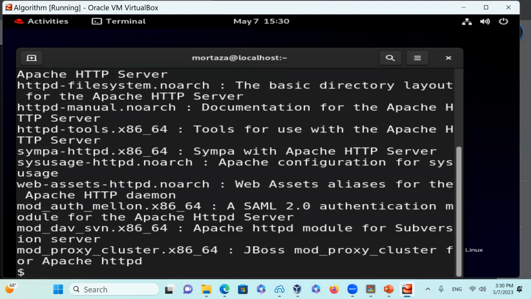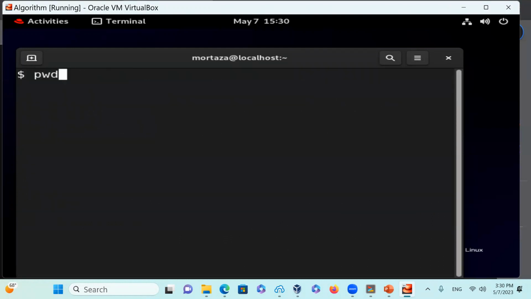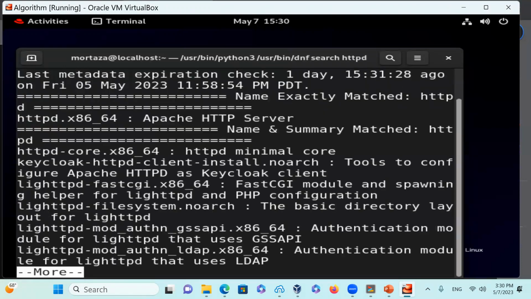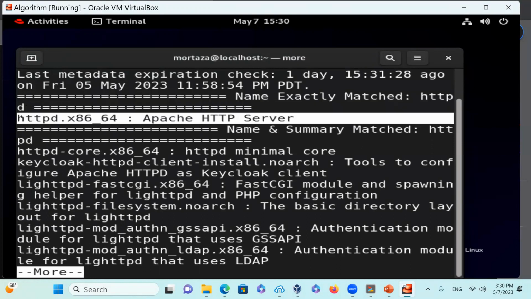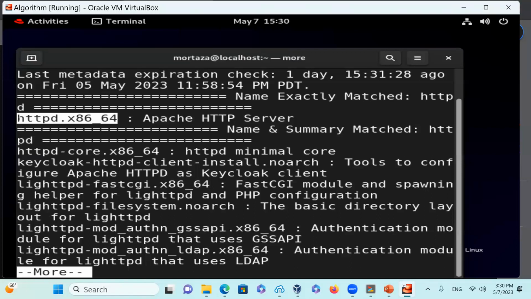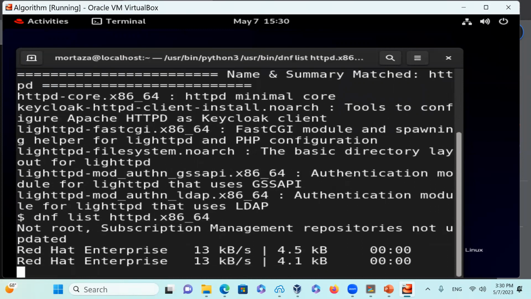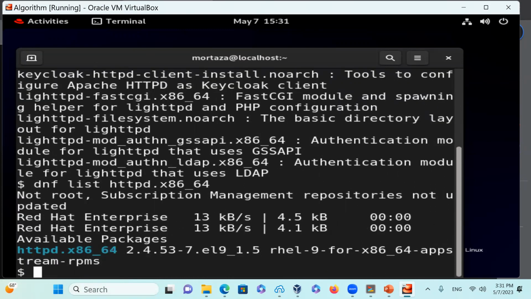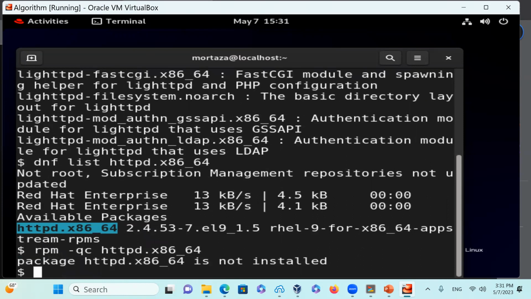Sorry about that. So with the x86-64 bit, we saw the actual processes here. If I do a more here, you could see that the one that I'm interested in is this one. So right here is httpd.x86_64. I could also do a DNF list httpd.x86_64. And if you see that one there, that's the one that I need to install with the list here. And then I could also say, is this one actually installed on my system, rpm -qc? And it says this is not installed. So if I try to install this package the way I did it here with the list, I could say